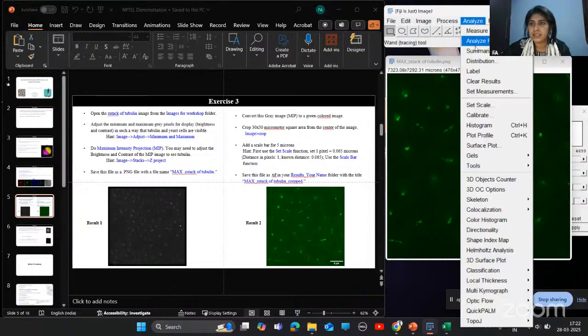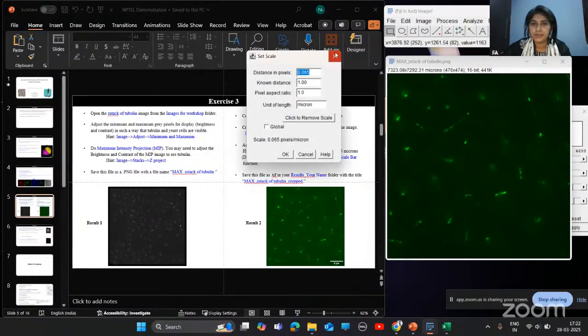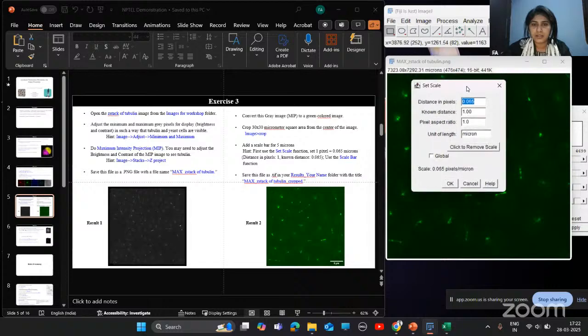We'll go again to Set Scale, and here distance in pixel will be 1. Known distance will be 0.065. Aspect ratio 1. Unit of length micron. And then I'll click OK.